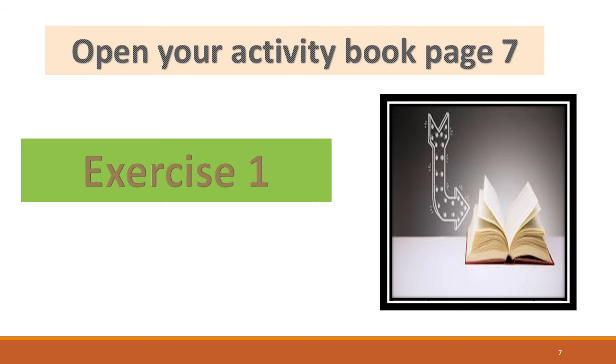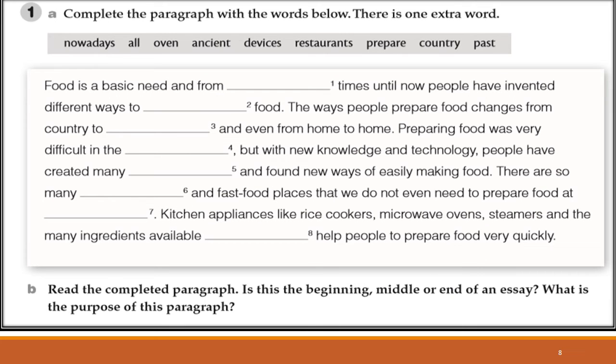It's time now for the activity book, page 7, exercise number. Here I have a paragraph about preparing food. We need to complete this paragraph with a word from the list. Nowadays, it's time, I'm talking about now. All, we can say all, every,